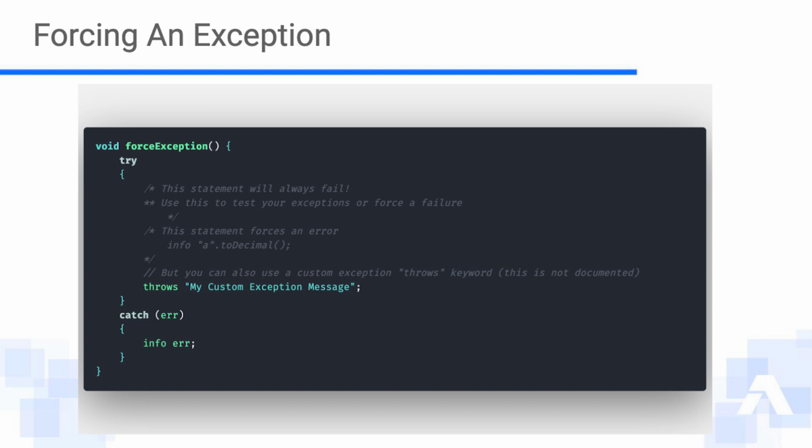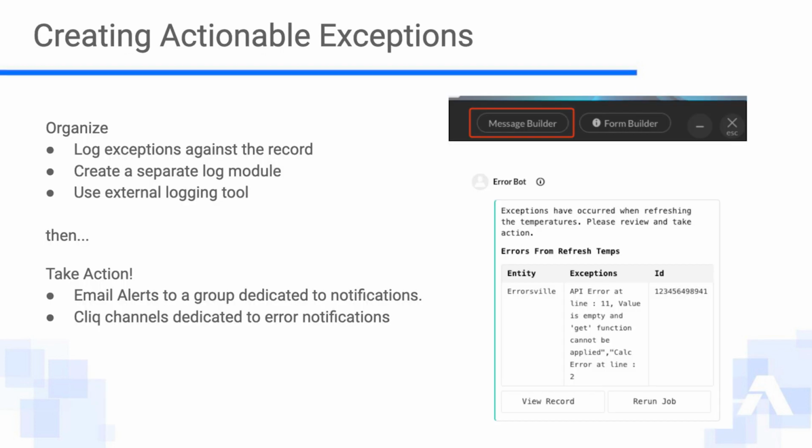So one of the important things, as you're doing all that hard work to capture these exceptions and group them together, is making sure that you're organizing them, right? You can, like we did, log the exceptions against a record. You can create a separate log module, log them there, whether in CRM or Creator or whatever. Or, like I mentioned, you can use an external logging tool to put them off to the side and track them that way. But then the most important part is that you're taking action, right? So something even as simple as an email alert to a group,